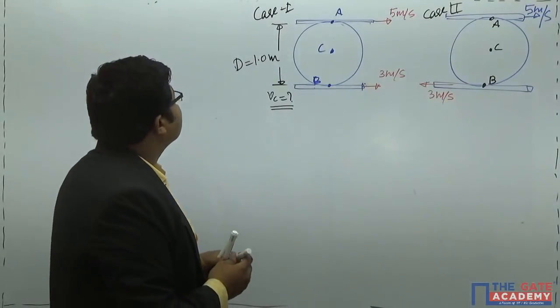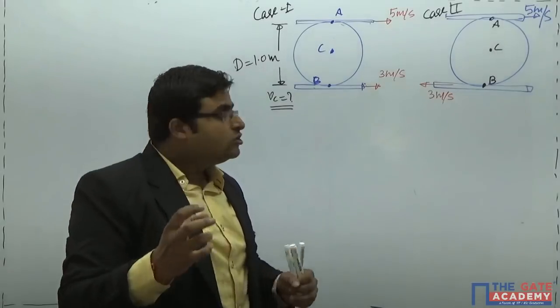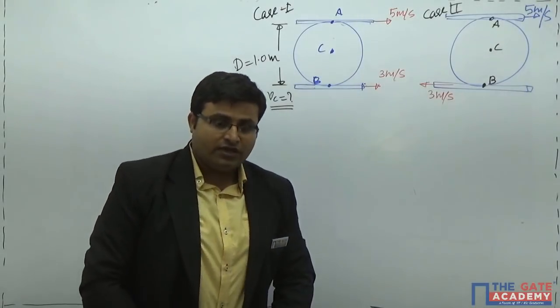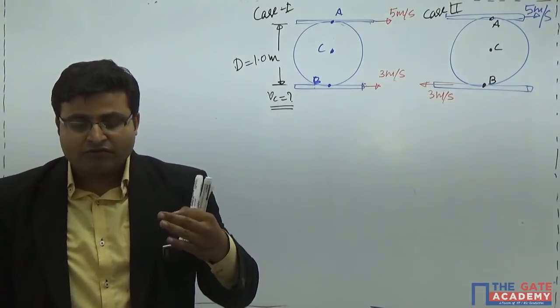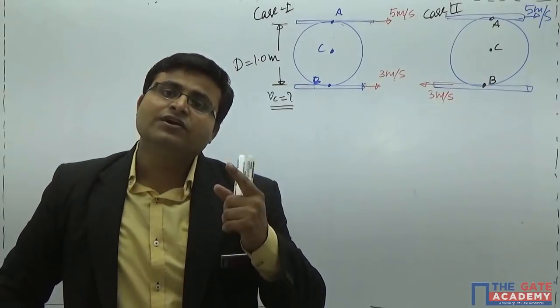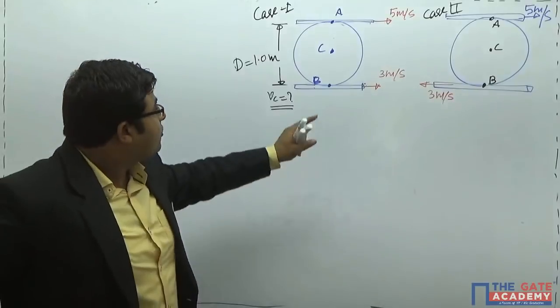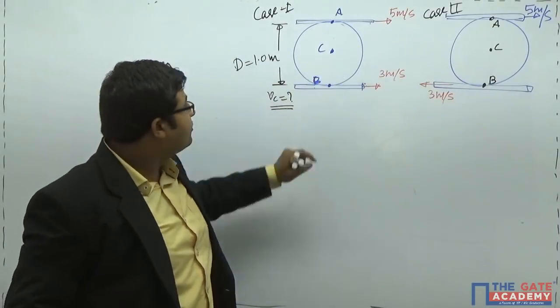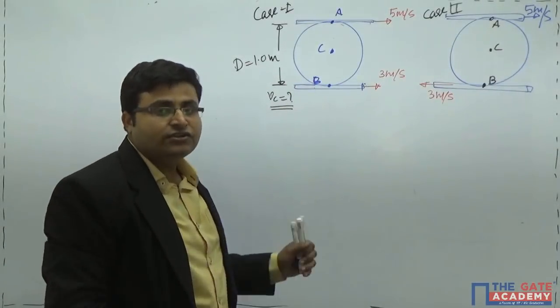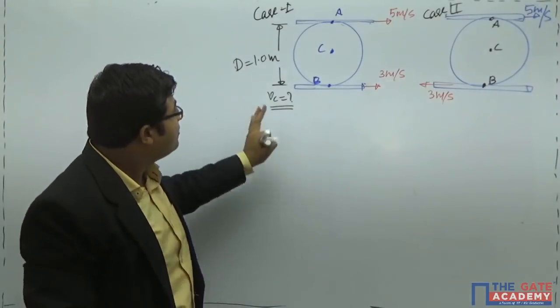Now, what we can do to get velocity of center point? Okay, we can use instantaneous center of rotation method. If we are able to determine the instantaneous center of rotation, then definitely we can solve for this in seconds. Okay, how to draw the instantaneous center of rotation I am going to tell you with the help of these